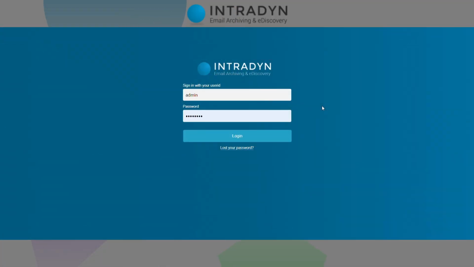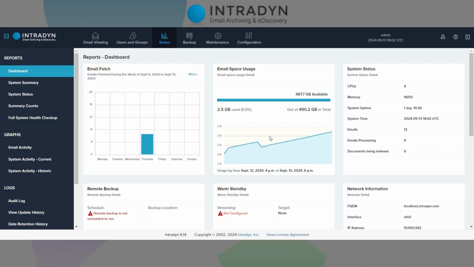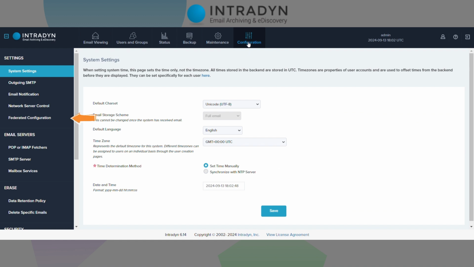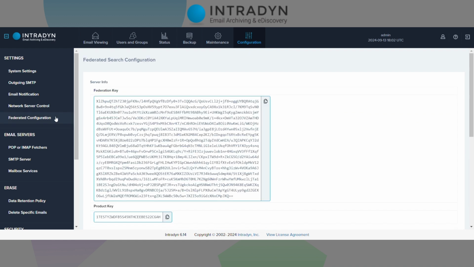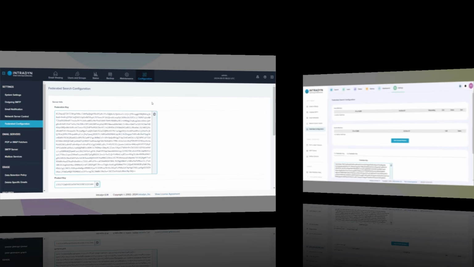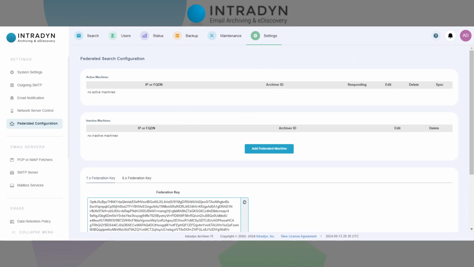To begin this process, log into your AOS 6 archiver. Click the top Configuration tab. Then, click the side Federated Configuration tab. Here you can find details on your AOS 6 archiver. Copy the Federation key. Switch to your AOS 7 archiver, navigating to the same page by clicking the top Settings